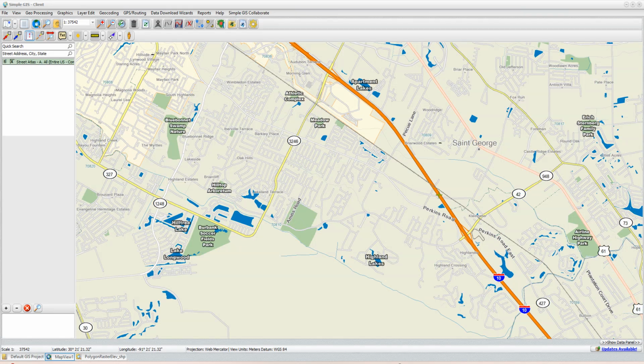Hello. In today's demonstration, I'm going to be illustrating a new capability in Simple GIS Client version 15.5. That capability is the ability to add GeoPackage feature layers to your maps. A GeoPackage database is a database standard defined by the OGC that's based on a SQLite database. And in version 15.5 of Simple GIS, we now support the ability to add and work with feature layers from